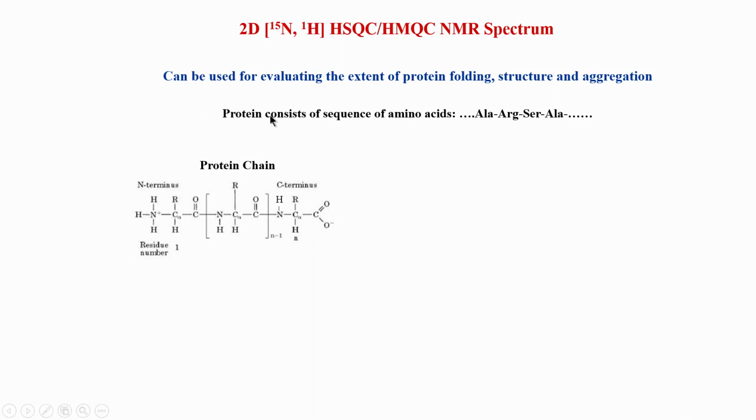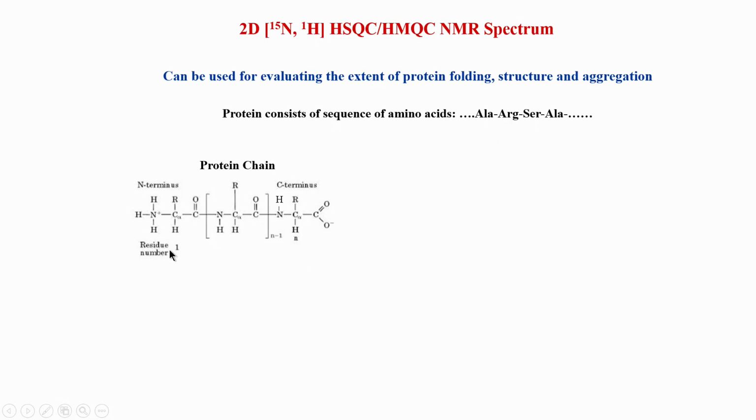This is something which all of us know, that proteins consist of a linear sequence of amino acids. This is just an example here. Let us say you have several amino acids in a protein, you have alanine, you could have arginine, this sequence is arbitrary. So, there is a sequence of amino acids, and what we also know is that there is a peptide bond between neighboring amino acids. So, this is a simple schematic drawing of a protein, a linear sequence. This is not a three-dimensional structure, this is just showing the sequence of amino acids.